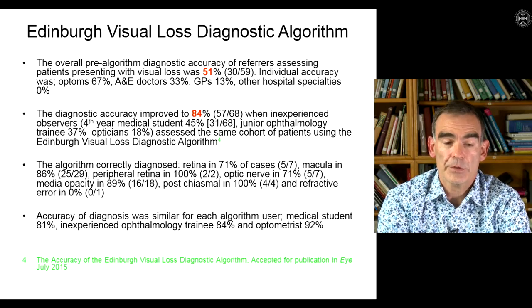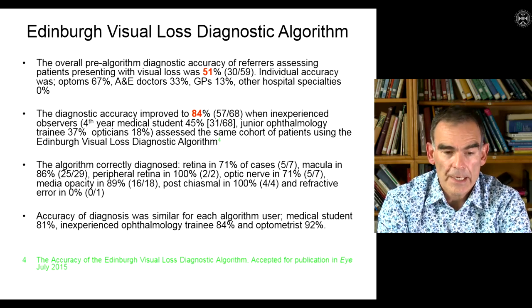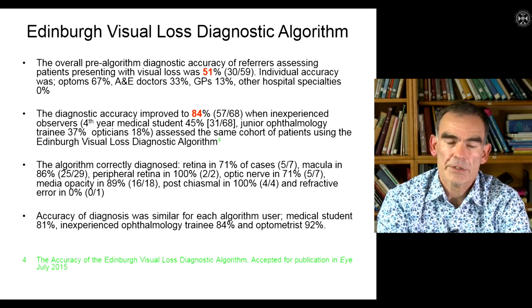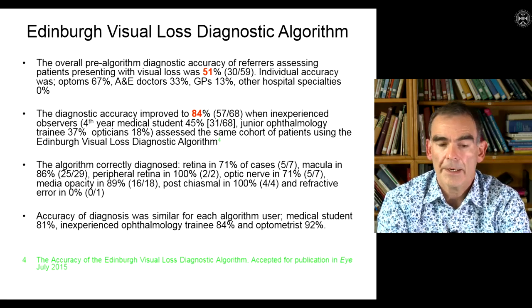We'd have some opticians who could be quite experienced. And we had Cameron, our medical student, who was doing his SSC project on this, and he only had literally 13 hours of ophthalmology experience. So within the 3 inexperienced clinicians assessing patients,